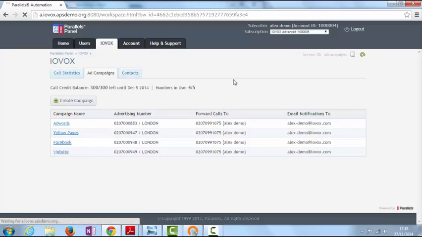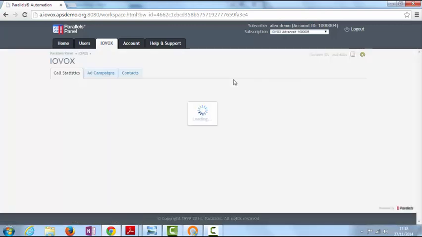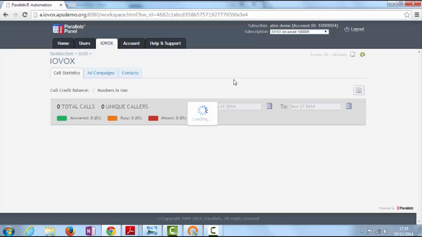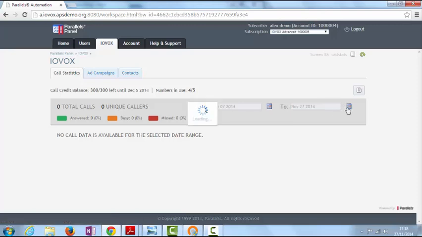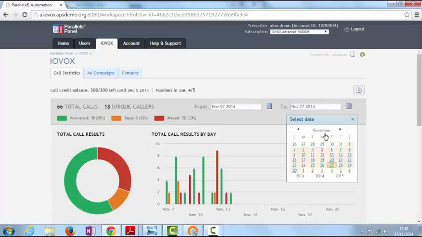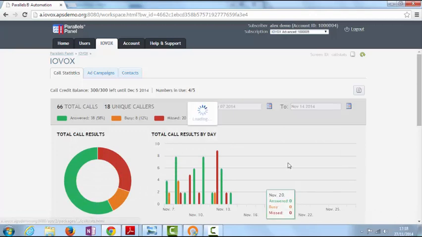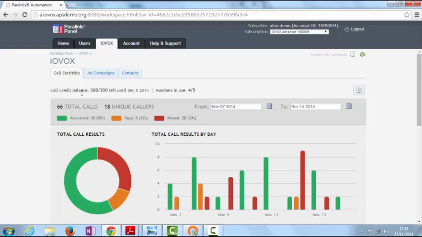Let's go straight to the call statistics now. So let's just assume that this small plumbing business has been tracking calls for a few weeks now, and we're going to have a look at the data. The default date range selected on the platform when you log in is the past week. I know that there's data on this account from the 7th till the 14th of November, so I'm going